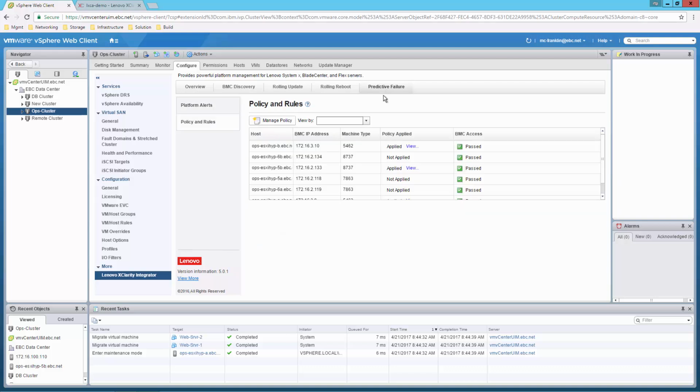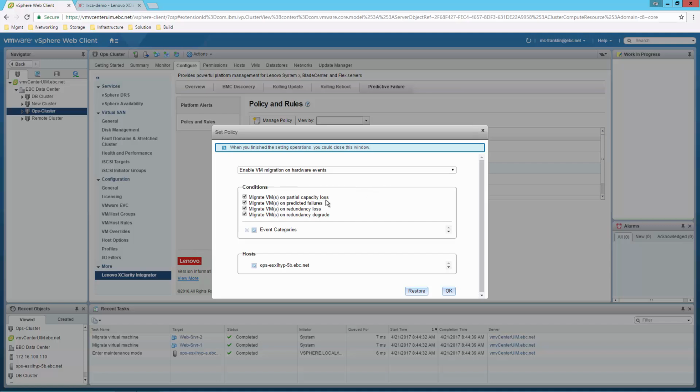So for example here, if we look at one of the systems, I'm going to view the current policy that's applied for this system, and we can see that we've really checked all the boxes here. If anything bad were to start to happen on this system, perhaps it's predictive failure loss, perhaps it's a redundancy loss, we lose one of the redundant power supplies, the system's not going to stop, but it's no longer really protected,